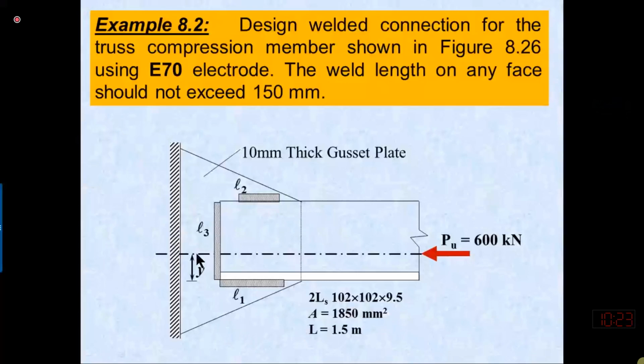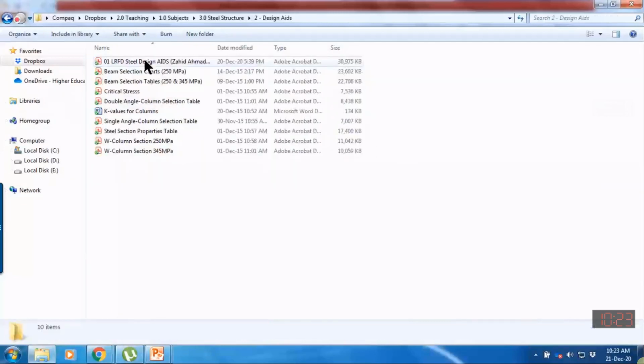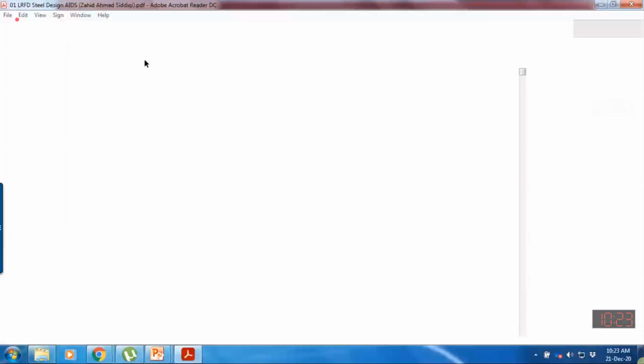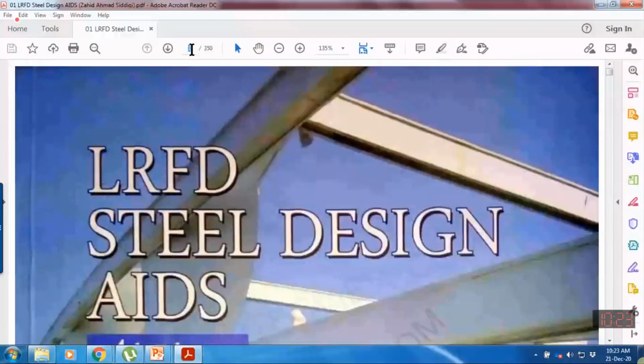So yes, I am exactly on page number 58. I have to consult. So this is page number 58. Yes. And our section is 102 into 102 into 9.5. So area of this single section is 1850. So we need the Rx value 31.2, Y value is